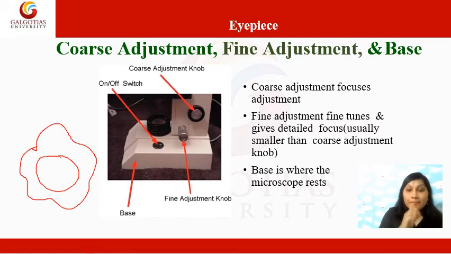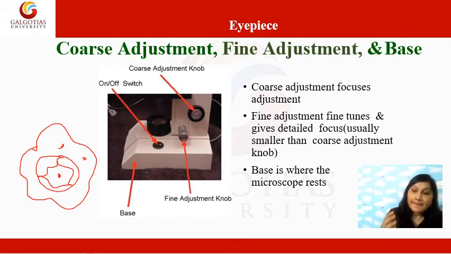Now if you use the fine adjustment knob, what will happen? You will be able to study the subcellular components of the cell. Suppose you have used this fine adjustment knob, you will get clear images of the finer or the smaller subcellular organelles. So these are the two different types of knobs. The first knob is used to define the distance of the objective lens from the object to get an image, and then the fine adjustment knob is used to get the detailed information of the object in a clearer manner.